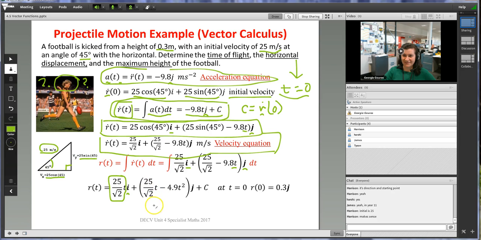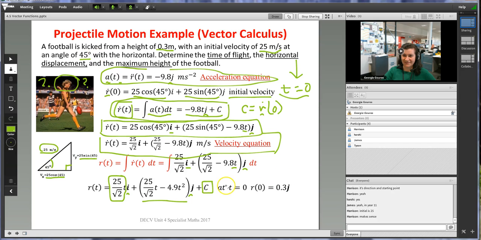So that's going to be 25 on root 2 t here, and then minus 4.9 t squared. Can you see where this comes from? J, that's the j component, plus this constant of acceleration. Now we know some things,